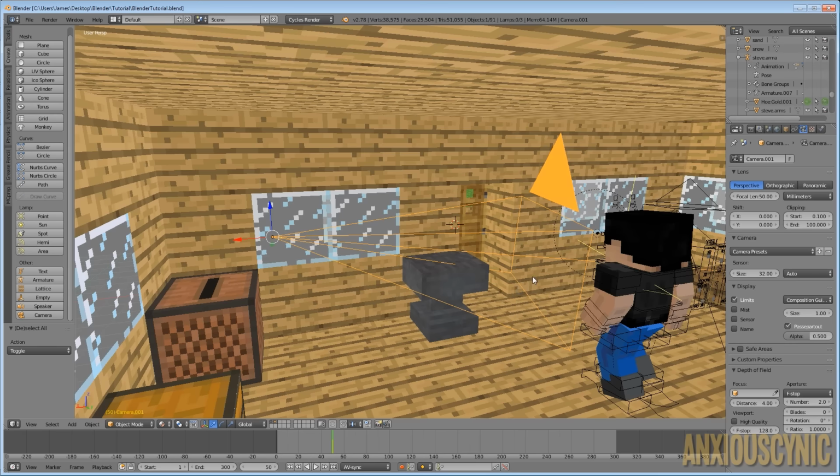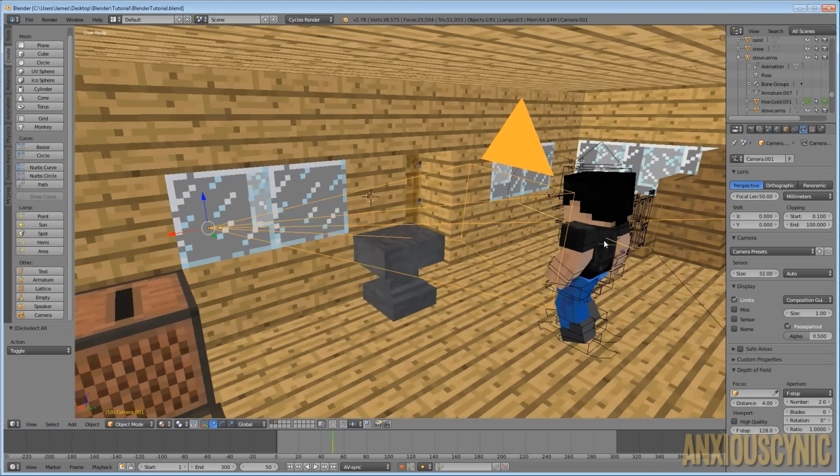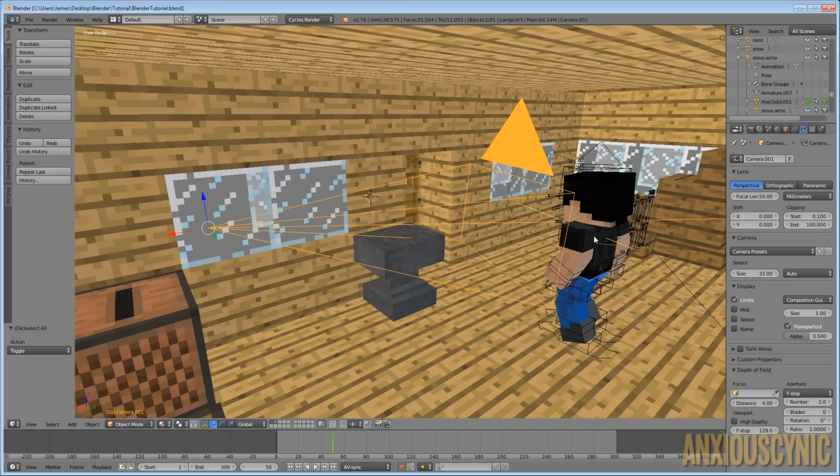All right, so now the question is, how do we animate this so that when we're watching the camera, it changes between these two as we're animating? And that is a little bit unintuitive, but we're going to get into it. It actually isn't that bad, so just pay attention because it's not exactly as simple as you would hope it to be.